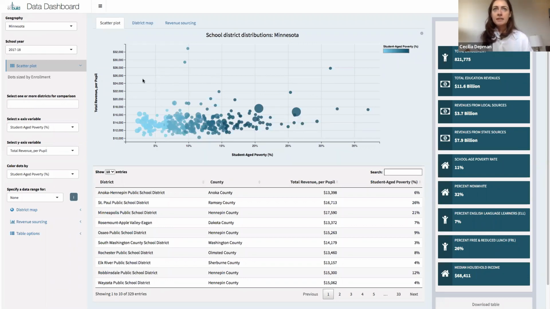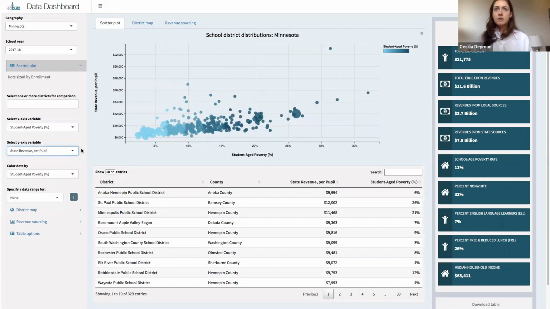I'm particularly interested in all of the points that are kind of above the median revenue and what's going on there. So I'm going to change the total revenue to just state revenue. And we can see that these districts that were receiving a lot of revenue disappeared. So we can probably attribute their revenue to local taxes, but we still have this outlier here, Nett Lake Public School District. It has a very small student body of 57 people, and it's receiving significantly more revenue from the